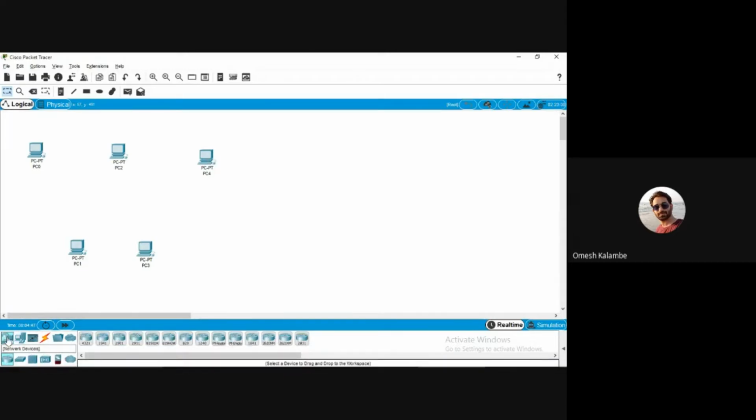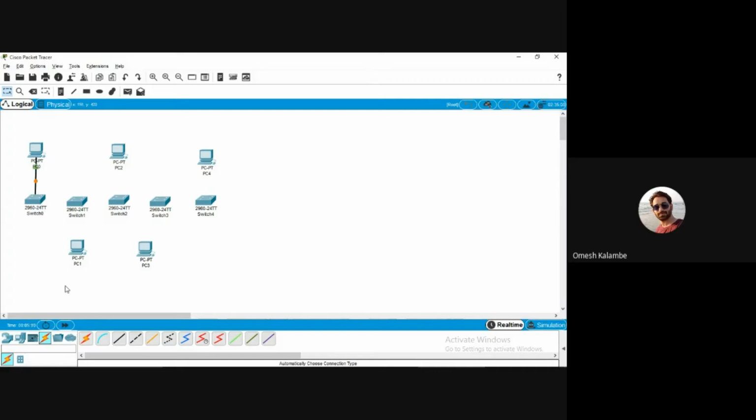So we require network devices. Here we are getting one switch. Switch 0 for PC0, next switch for PC1, next switch for PC2, next switch for PC3, and next switch for PC4. Now we are connecting through automatic cable.